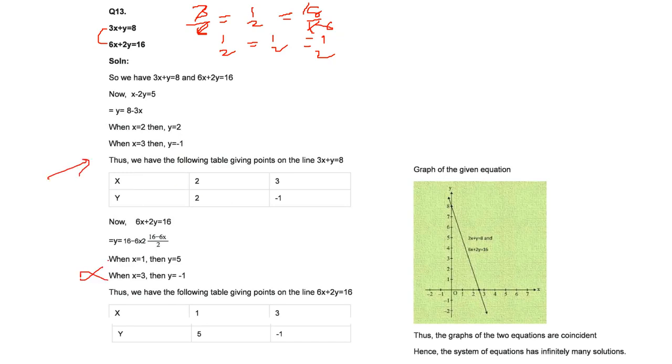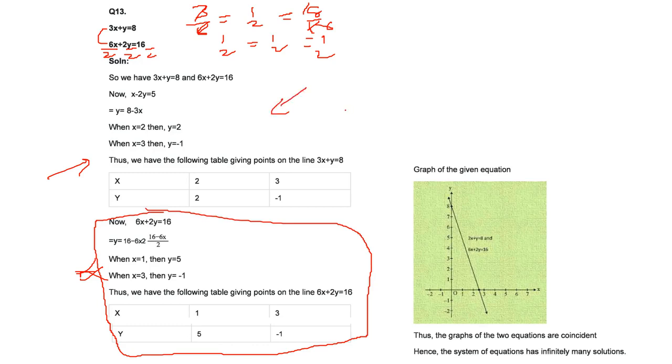For the second line, you can show your examiner that when you divide it by 2 it is exactly similar, or you can put the a1 by a2, b1 by b2, c1 by c2 scenario, and you can convince your examiner that this is our solution, and basically there is no unique solution, there are infinitely many solutions, because these two lines are exactly equal. So you don't have to do all this, because it's already been done here, because the points are coming the same, no? If you put 1 and 5 in this one, they are going to be the same. So there will be only one line, and one line or another line, that means there are infinitely many solutions.